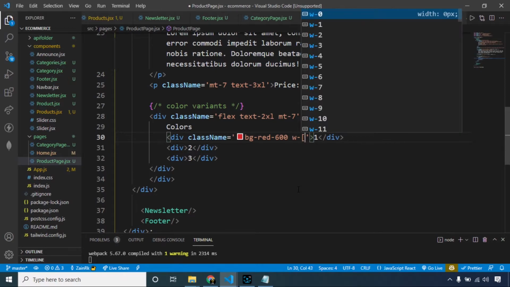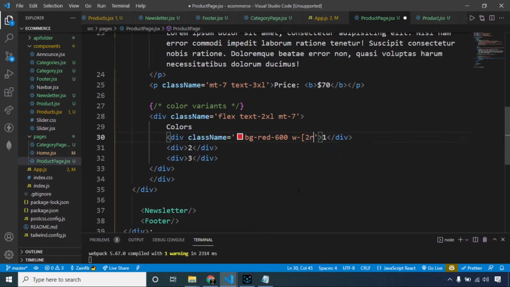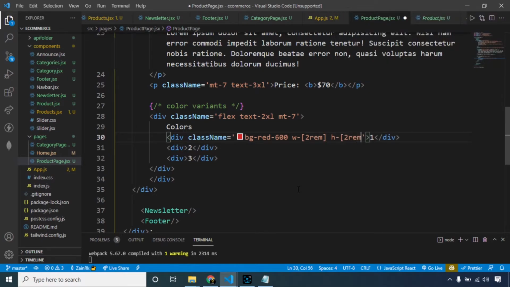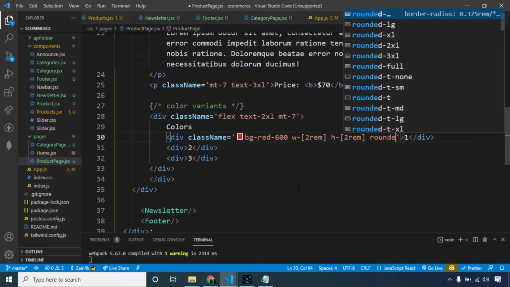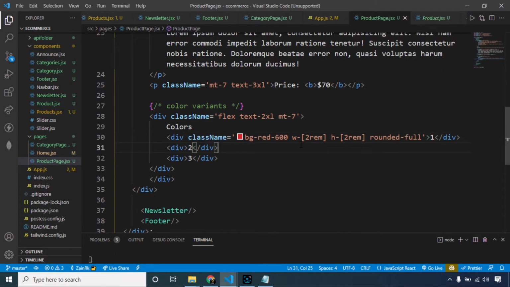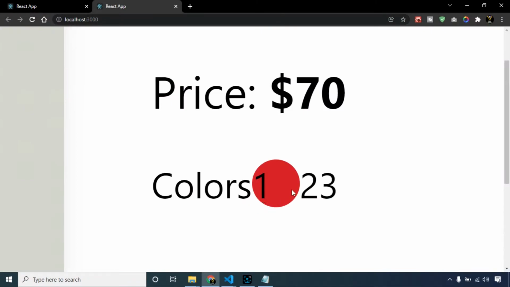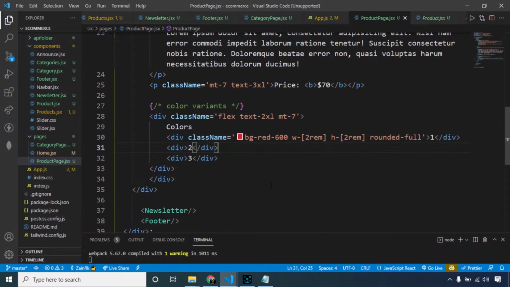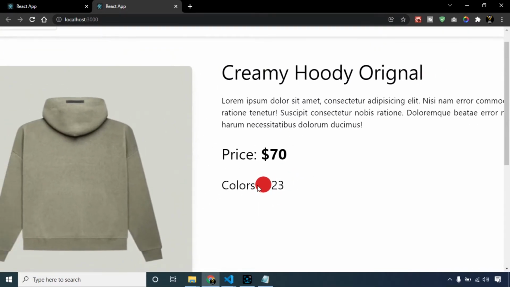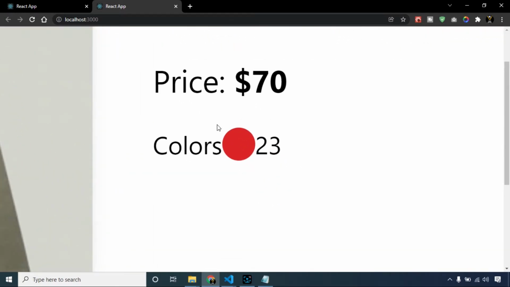I will say the width of this div will be 2 rem, height also 2 rem, rounded full. Now see the results. Okay, so now I can safely remove 1. Let's just remove this. Again see the results, and we have successfully inserted a fully rounded red div.